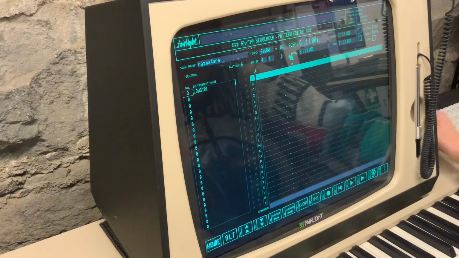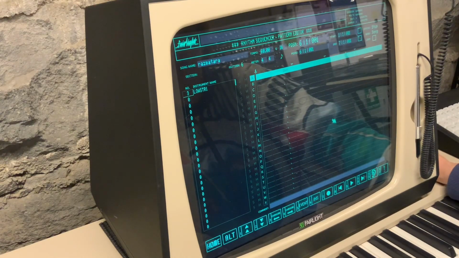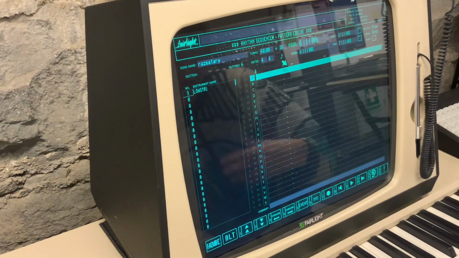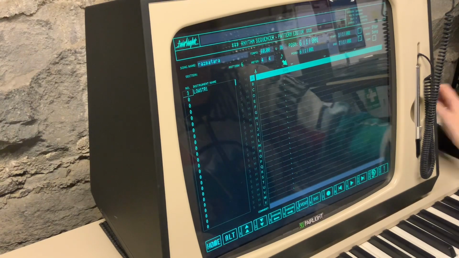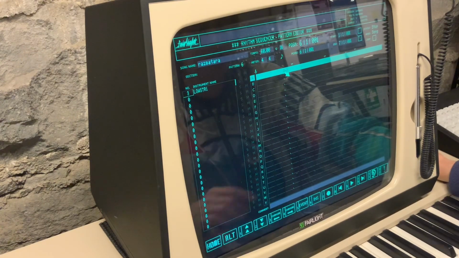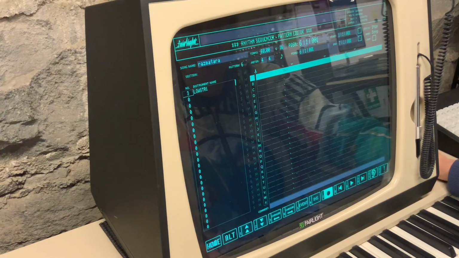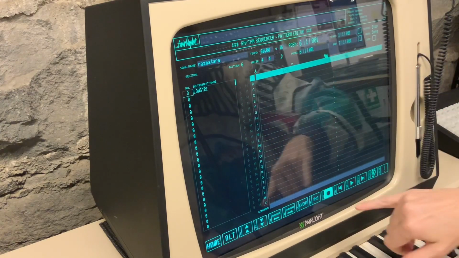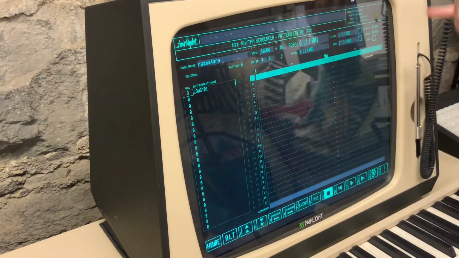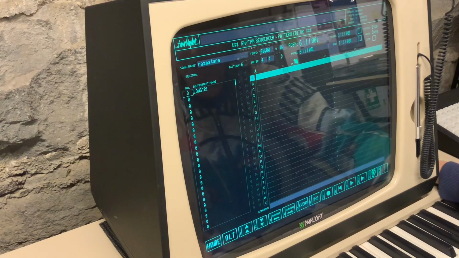Then I can move my cursor, I can play a note, and I can click insert, and it puts that note there, and it knows the velocity and the length and the pitch. I think it has a few other things. I can also hit record, move my cursor, and if the record's on, it will record the note as well, even if you don't play. So you can hit play and play along, or you can just move your cursor with record on, and